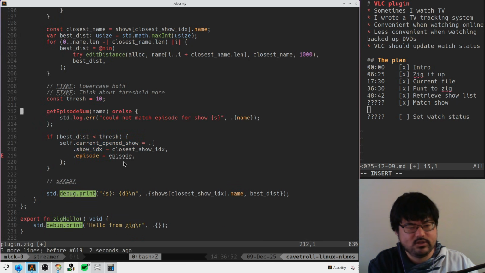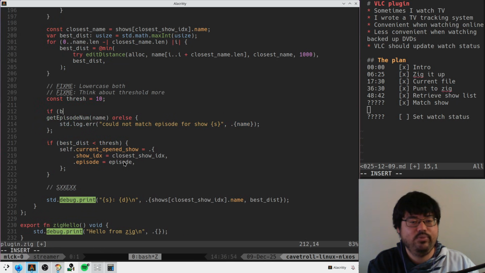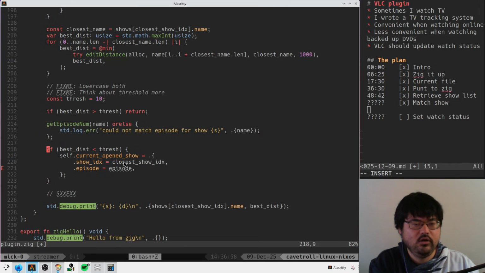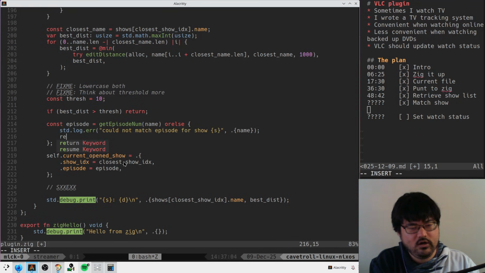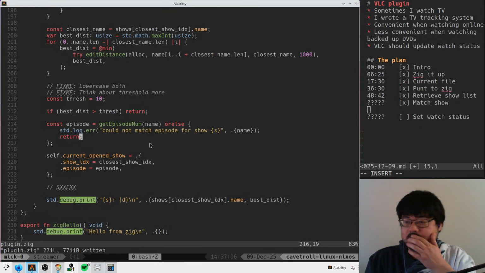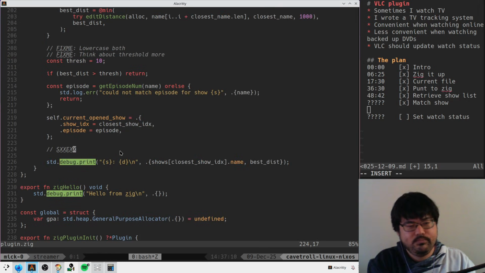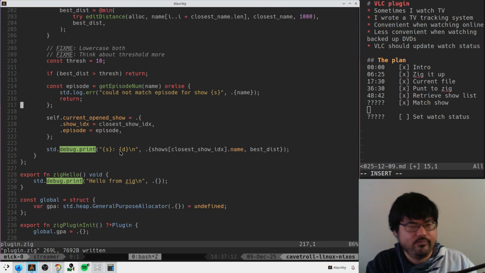I guess, and can we just early return? If best dist is greater than thresh, return. Then this is like this. Return here. Okay, and then can we just print